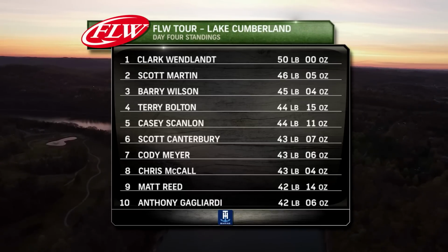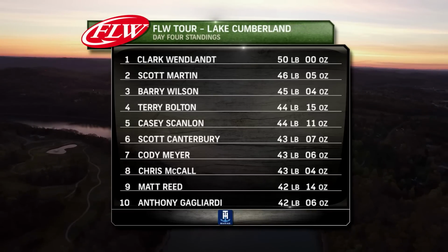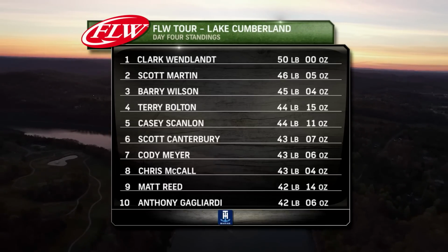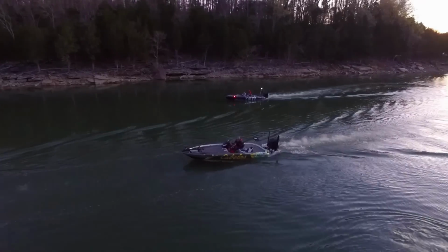And here we got Scott Martin, Clark Wendlandt, two of the most dominating fishermen on tour, targeting the smallmouth. And I know the first 2 days was a lot of wind, rain, rough conditions, which gets them snapping. The last 2 days have been calm. We've seen the smallmouth drop off in numbers. So I got to put my weight on the largemouth are coming in more of a play than I thought